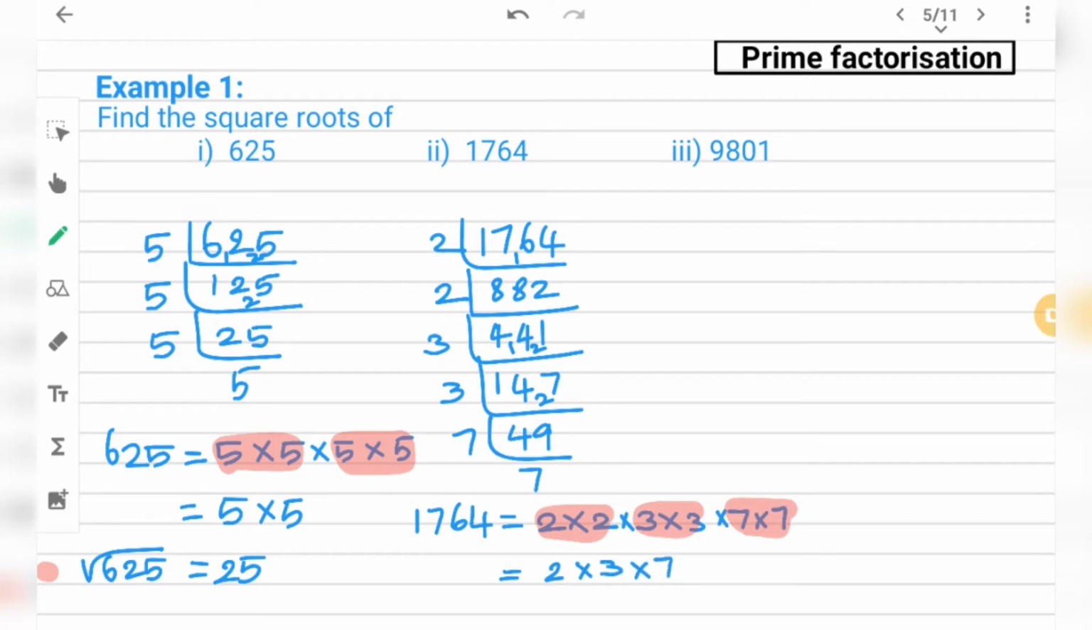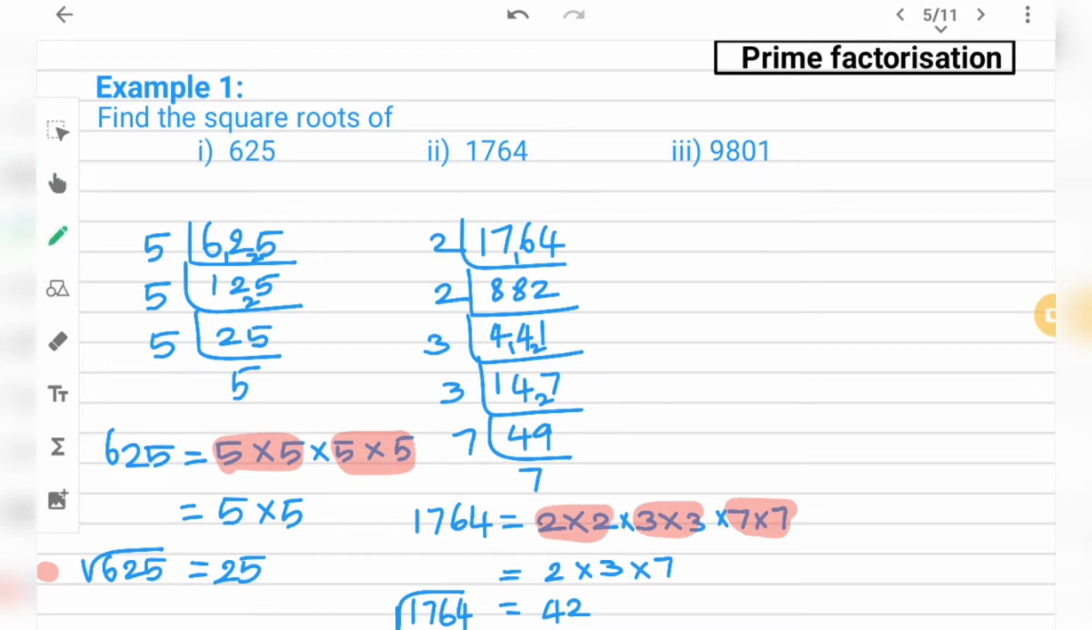Okay. Now what is 2 into 3? 6. 6 7's are 42. Therefore, the square root of 1764 is 42. And the last subdivision is